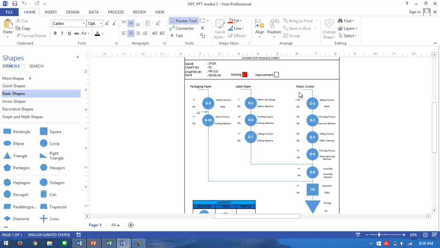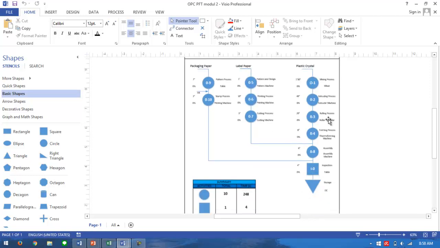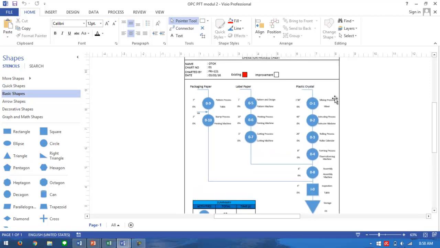And for a different material, we need to create the process like this. This is a plastic crystal, so we create the symbol for the plastic crystal, and then the label paper, and also the packaging paper. And after that, we need to define the name of the process, and then the machine,